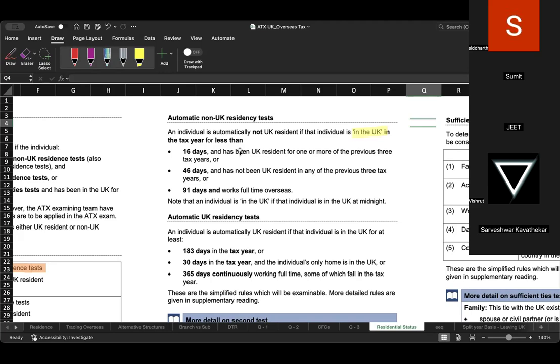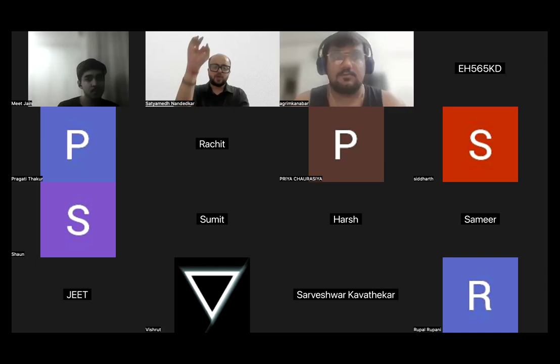Second condition is 46 days, you were in the UK for less than 46 days and not been UK resident in any of the previous 3 tax years. Third condition, you were in the UK for less than 91 days and you work overseas full time. आप अगर ऑब्जर्व करो तो ये तीनों केसेस में the overseas वाला जो कंडीशन है, these are all and conditions. ठीक है। तीनों के तीनों कंडीशंस जो है वो and कंडीशन है, which means both parts have to be fulfilled. Start with this। अगर 16 डेज ही फुलफिल नहीं, लेस देन 16 डेज फुलफिल नहीं हो रहा है तो सेकंड पार्ट चेक करने का जरूरत ही नहीं है। ठीक है।